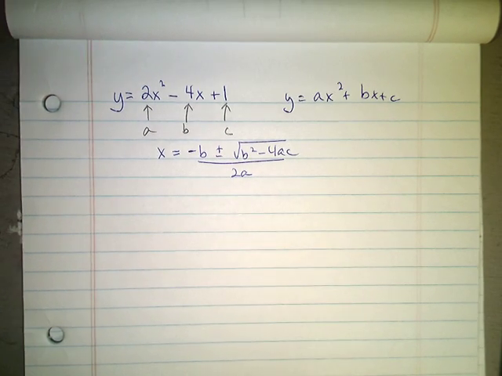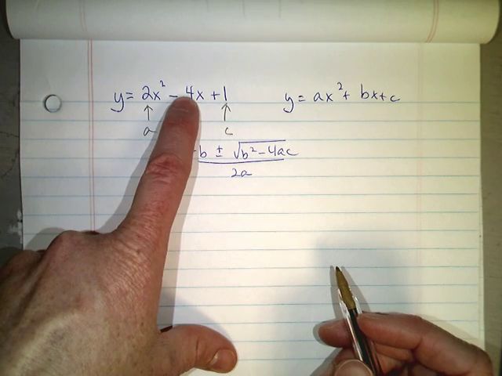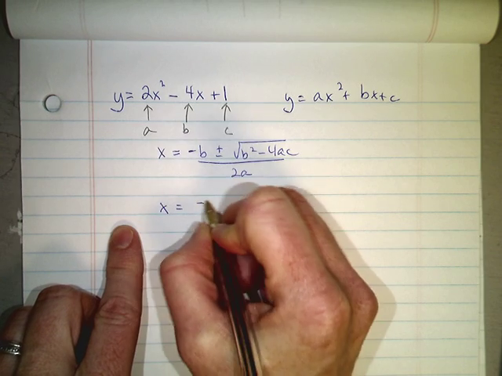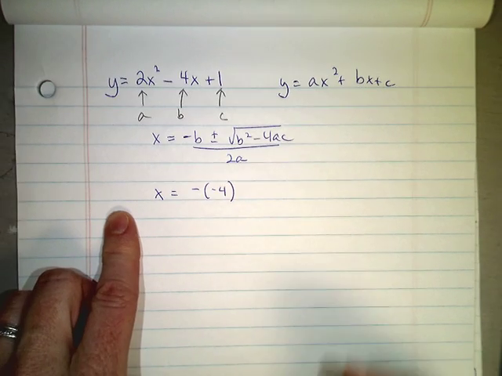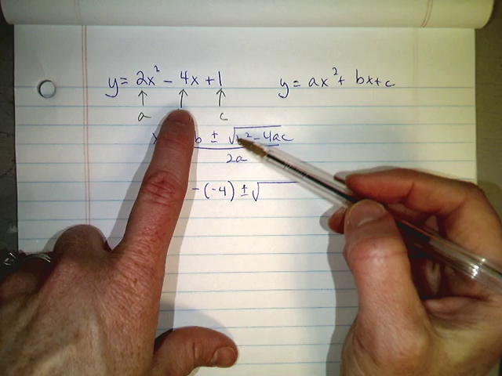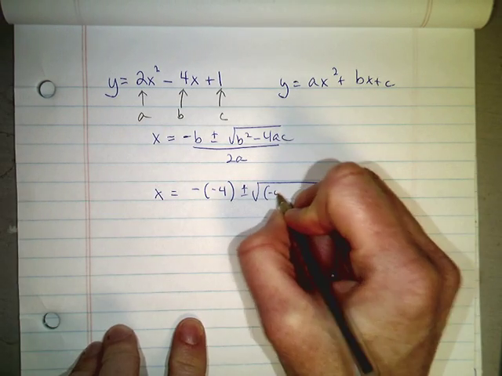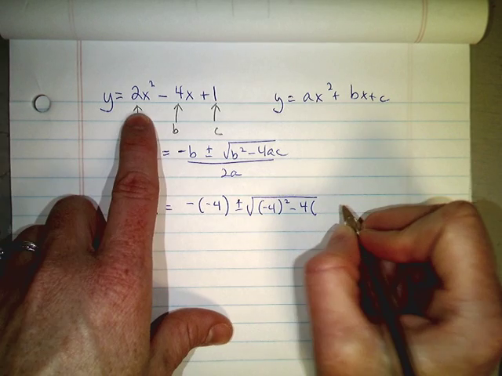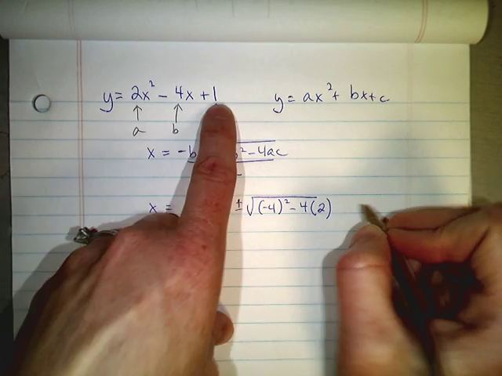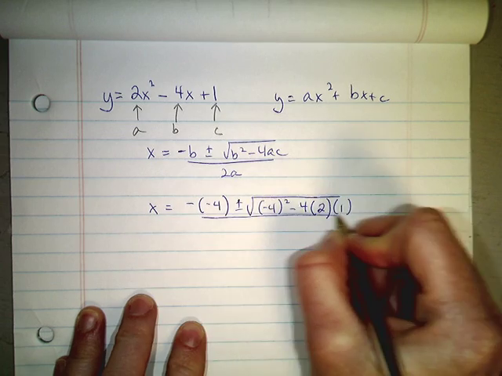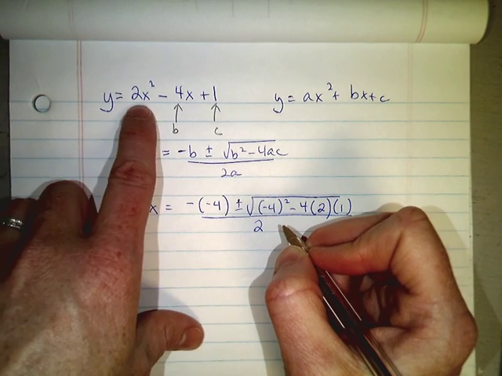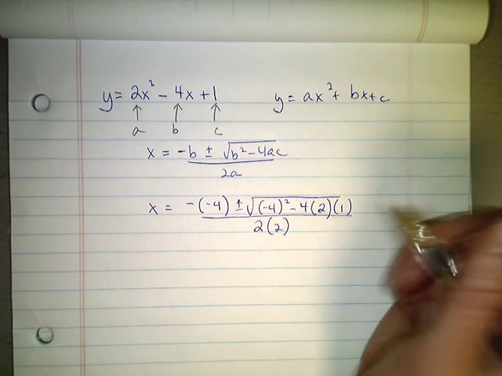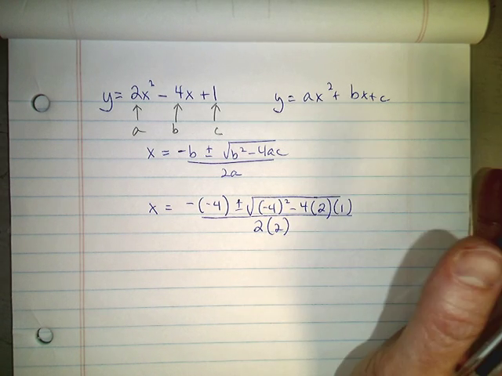And now I'm just going to plug these things in. Instead of having a -b, I'm going to have a -4 in there. So I have minus -4 plus or minus the square root of, now this is b squared, so -4 squared minus 4 times, instead of a, it's going to be a 2, and instead of a c, it's going to be a 1. And this is all over 2a, or 2 in this case times 2. This is going to give me, really nicely, my x-intercepts with really no factoring,